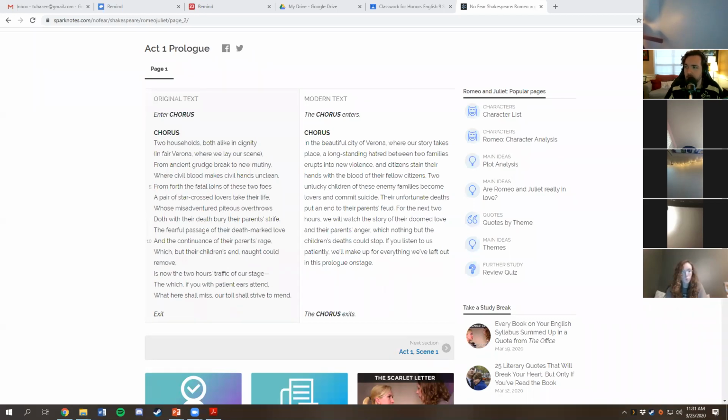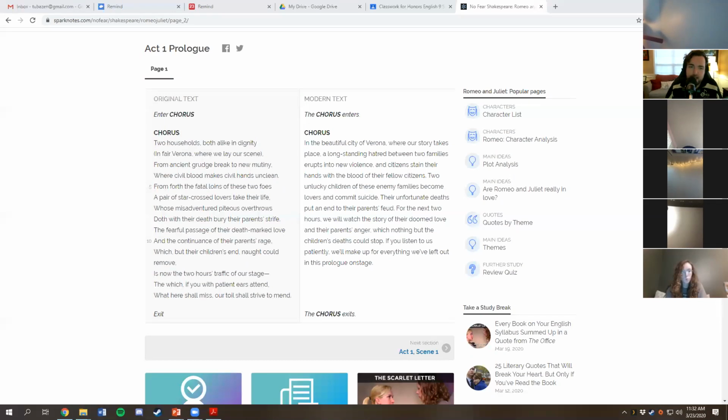So this is the prologue. I'm going to read it. We're going to look at the No Fear version. We're going to go over what's happening in it. And then you guys are going to read act 1 scene 1 independently. If you want to, you can pull this page up in front of you. It's on your Google Classroom, on a link. But if not, you can just look at your thing in front of you. So